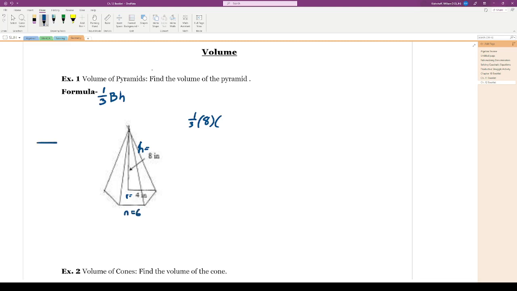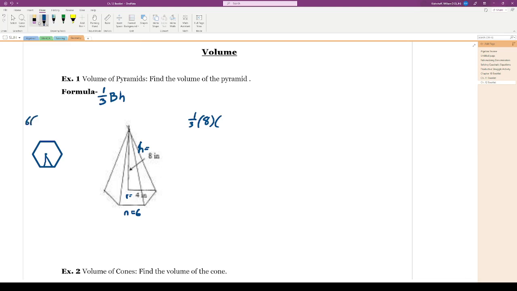So I'm going to redraw that hexagon separately, and hopefully that will help us. You know what? I'm going to have it help me draw this hexagon so I get a nice hexagon. Ink to shape. Perfect. Okay, so we have our regular hexagon, which I could have drawn a bit bigger, and we have the radius. We don't have the apothem or the side length, but we do know that a hexagon has